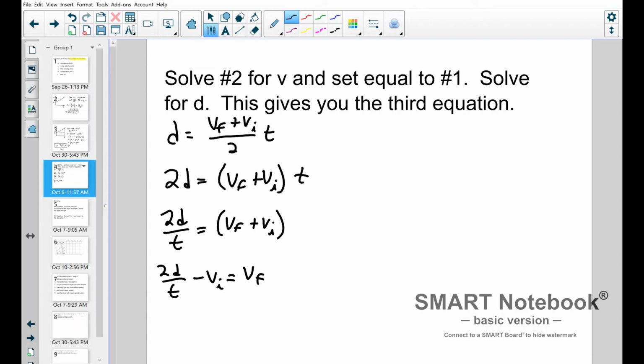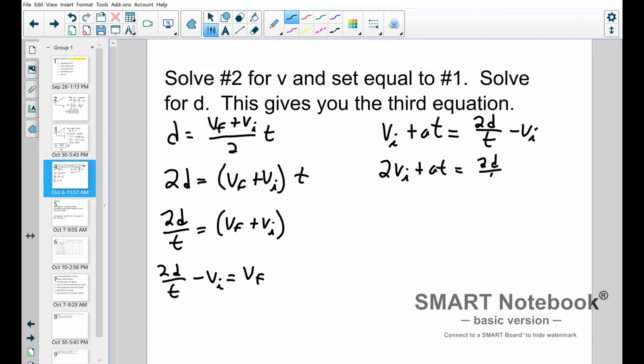So I solved for v, and now I'm setting it equal to number 1. Number 1 was VF equals VI plus AT. Set that equal to what I just did over on the left. And then I'm going to simplify that because, again, there are 2 VIs, and a math teacher would say this is not in its proper form. So I'll bring the minus VI from the right over to the left. So I have 2 VI plus AT